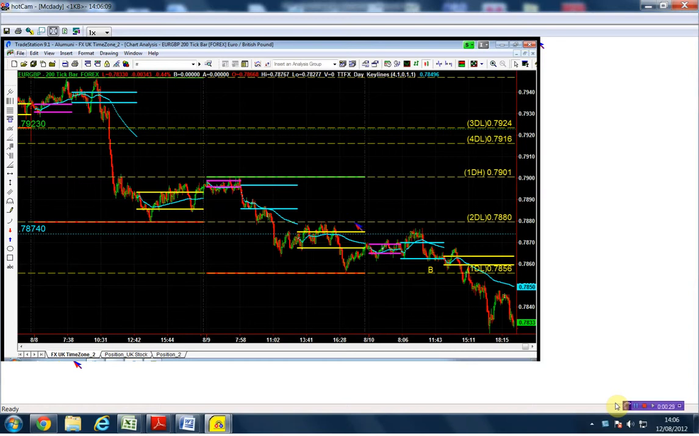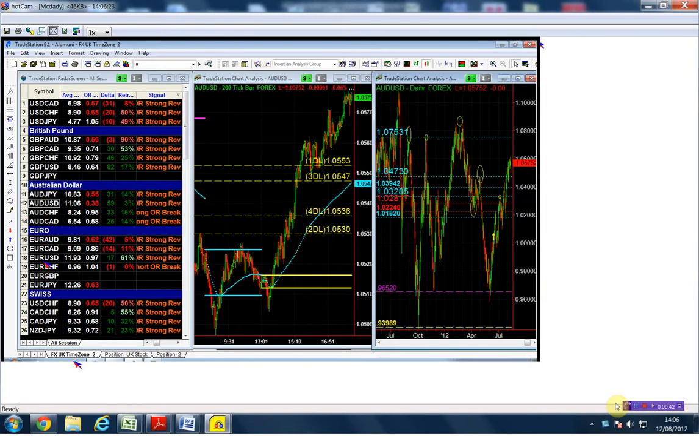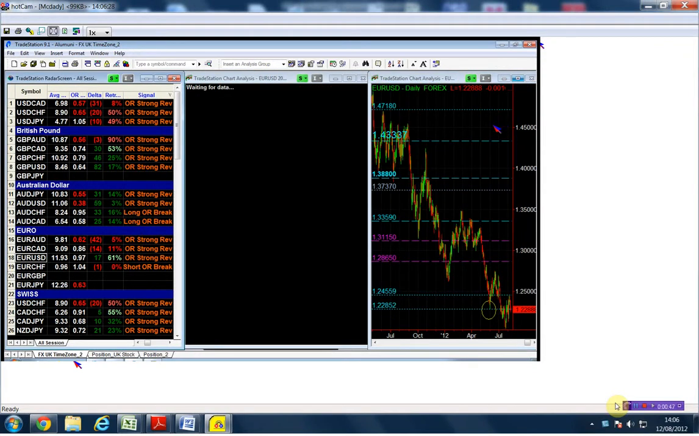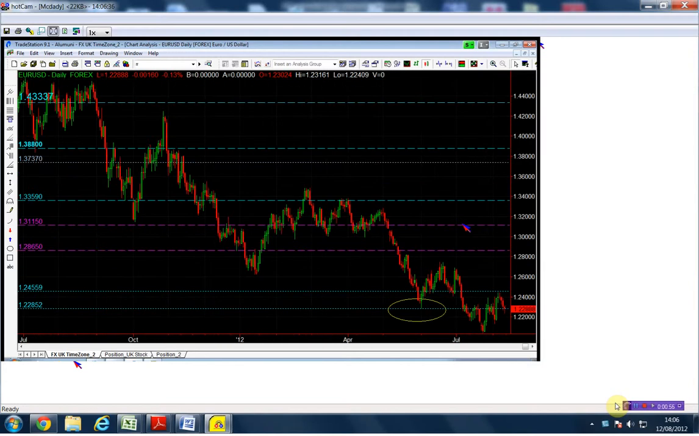So we start with the euro dollar. This is the chart for the euro USD. You can see the decline that's coming into the euro dollar. The trend is down, with the big move